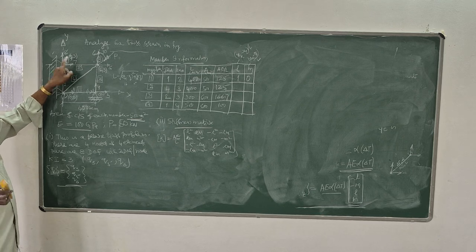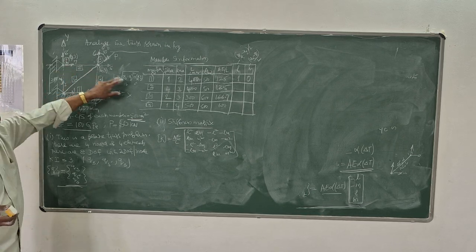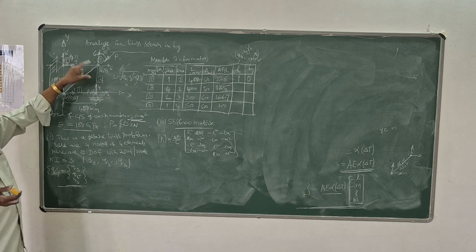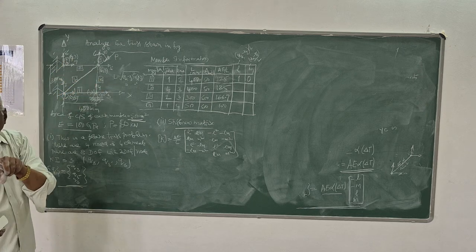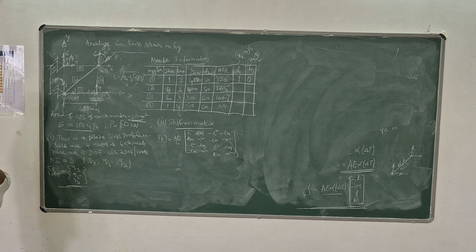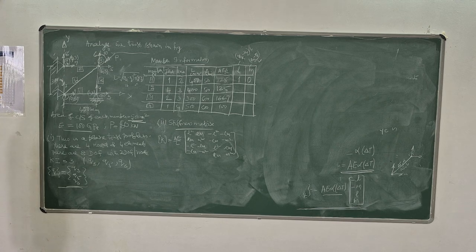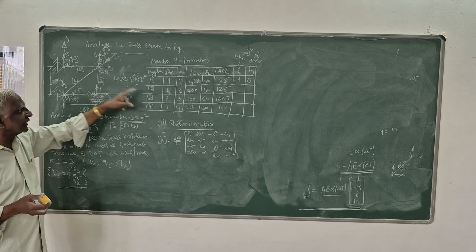That's why you have to be careful. Suppose if you take this as 4, 3, then it is 0 minus 400. Minus 400 you have to take, your direction cosine will be negative. That you have to be careful. That's why I changed here